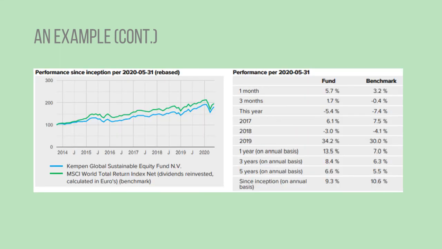So let's see their performance. Ultimately, as an investor, this is something that's of interest. You're putting your money in there and you want them to make a return for you. So this chart on the left shows you in blue this fund, how they've done, and in green this benchmark that I mentioned, a group of 1,600 plus stocks around the world. So they've slightly underperformed, you can see, this fund, but they've still done pretty well.